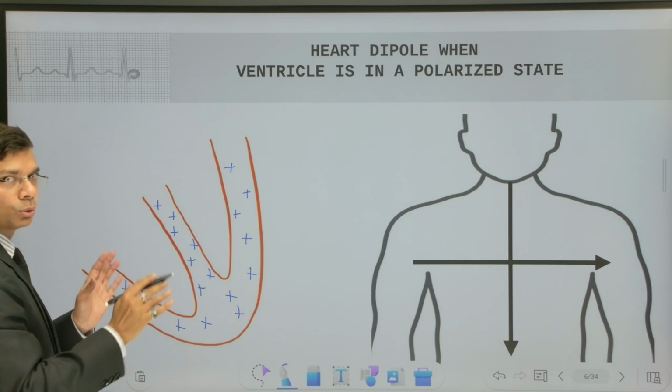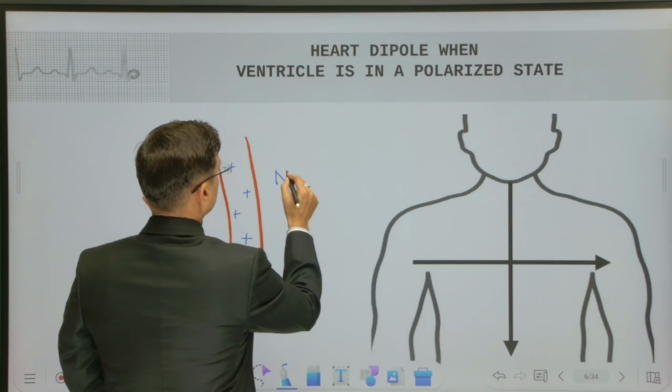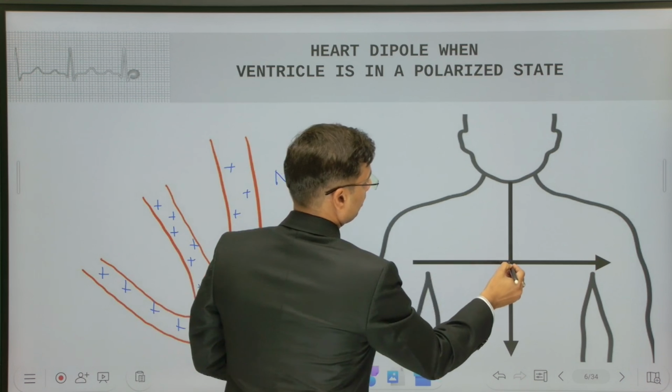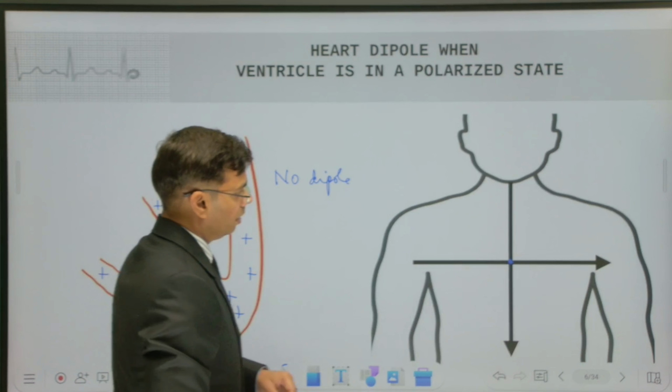Means there is no dipole formation presently. No dipole. So just marking a dot here. Now after a time,